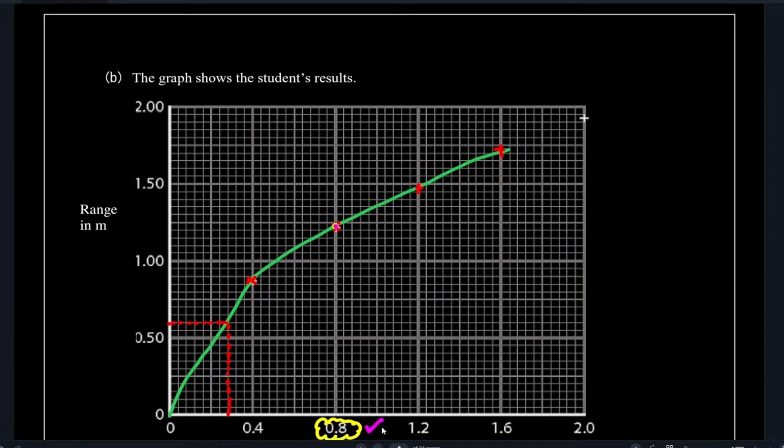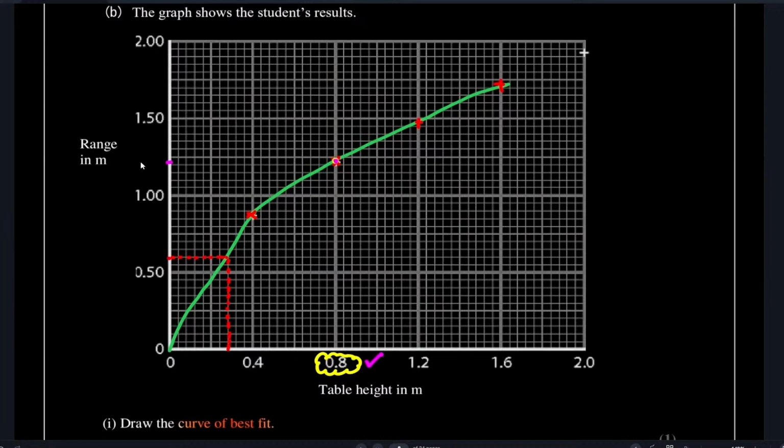Point that we have here, and you can see the height is 0. Going to have this as